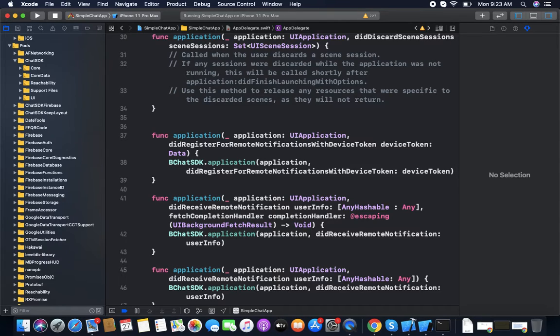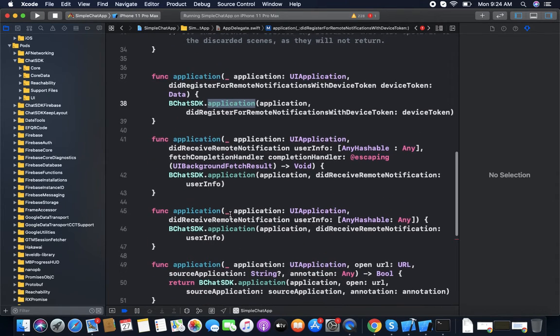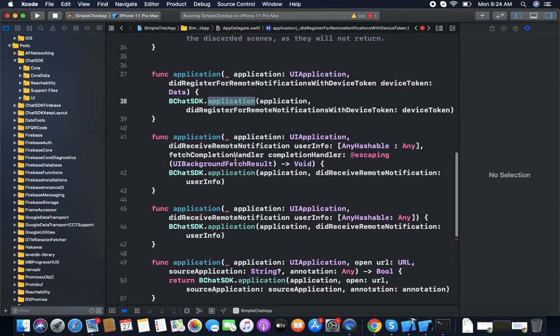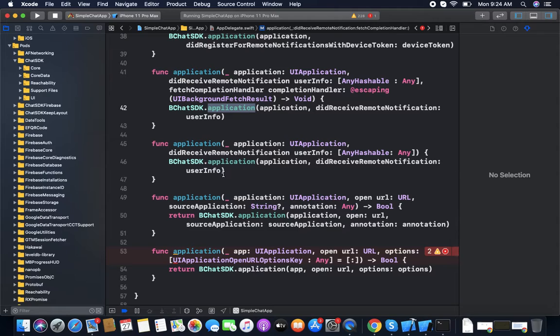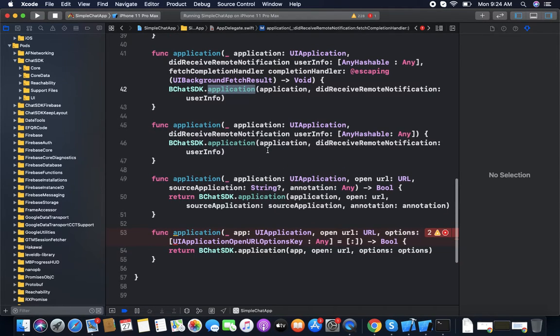Like we need notifications for the app, so we use register for remote notification, but we are not registering the remote notification ourselves. We just call the SDK method, and the SDK will register the notification. Same again for receiving notification: when we receive a notification, we are not doing anything. We just call the SDK method, and the SDK will receive the notification. Same, this one is also for remote notification.